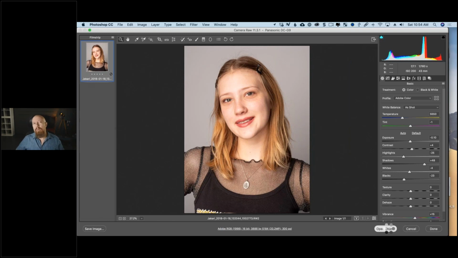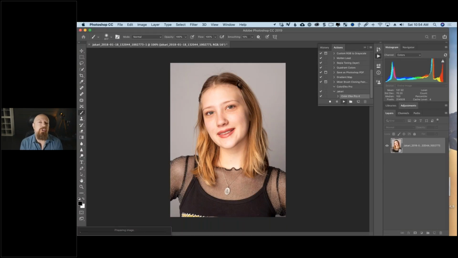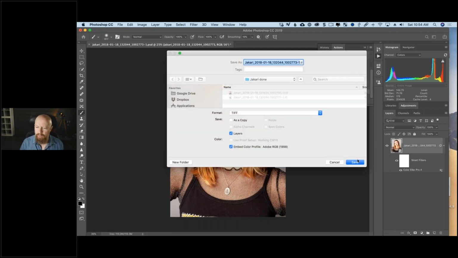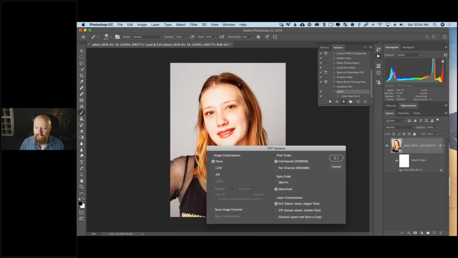I don't know. Actually, the smart filter shouldn't add anything to the file size because it's just metadata. The fact that you're retaining the raw file is probably going to make it a bigger file. Actually, it might not, because often when you open a raw file and save it as, especially as a 16-bit TIFF, those often get bigger. So it might actually be more size effective. Interesting question though. I don't actually know, but